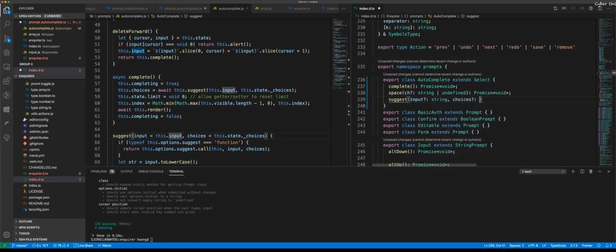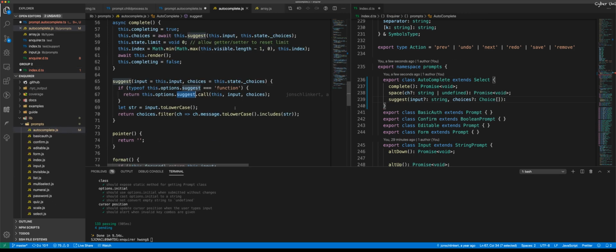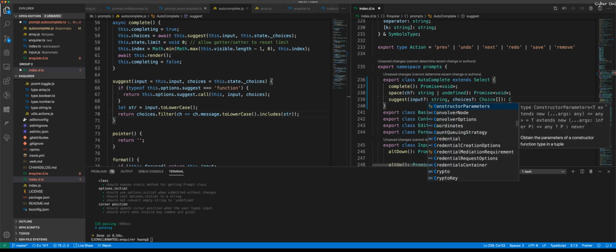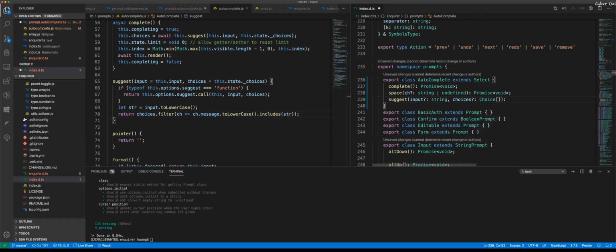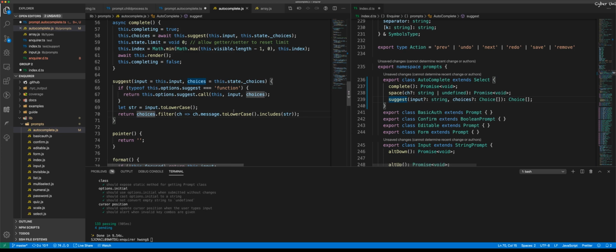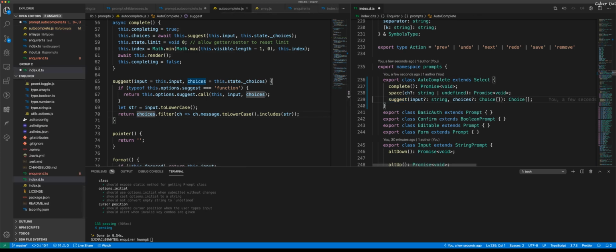Choices would be this.choices, and this is probably just the choice class, and this filter will return an array of choice. So I would assume it returns an array of choice. Is there any promise going on? Haven't seen any yet. Right, and as the name suggests, that's the case. And so as we are doing that,